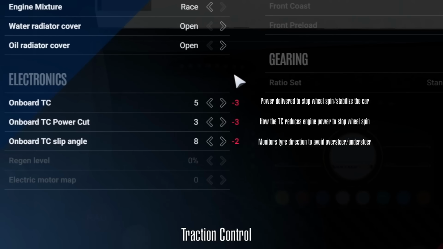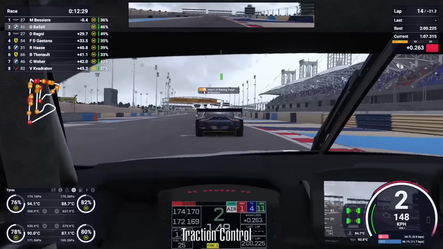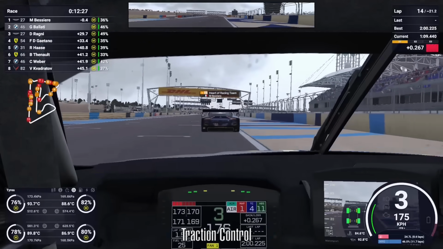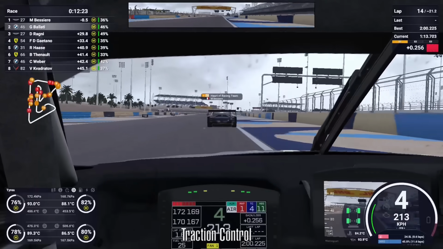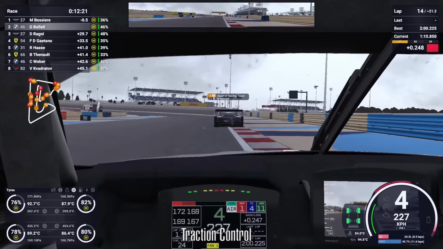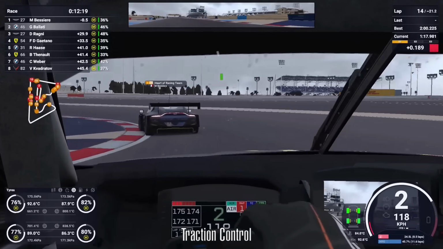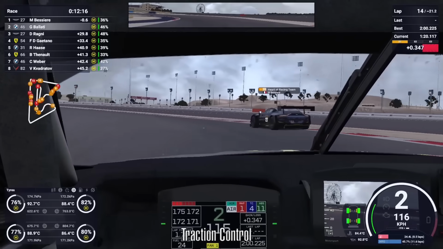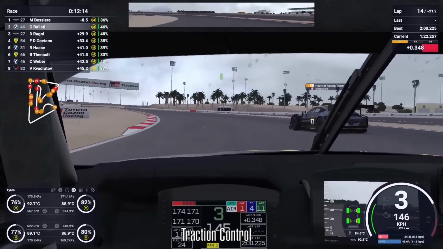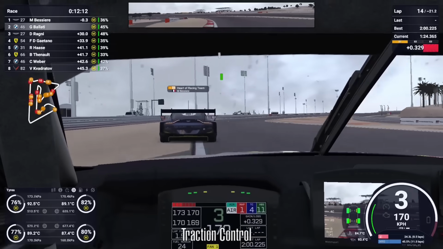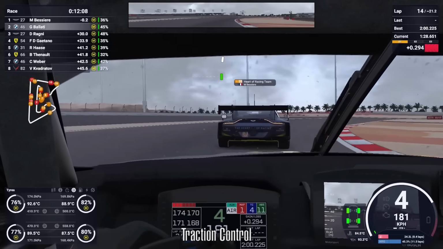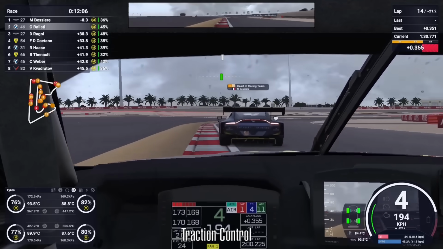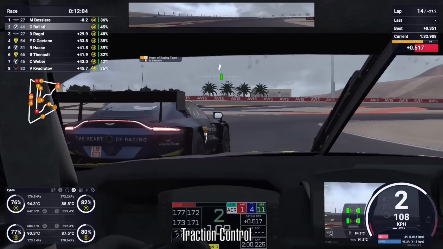TC slip angle is how early you want your traction control to activate when having a slide or loss of control. A low value will definitely help in corners to carry more speed, but if you need traction to survive into a corner, it might activate too late and you'll probably crash if the value is too low. Front engine and understeer cars like the BMW or Mustang will use lower values, from 0 to 6 or 7 maybe sometimes. And oversteer cars like the Corvette or the Porsche will use between 7 to 11 TC slip angle